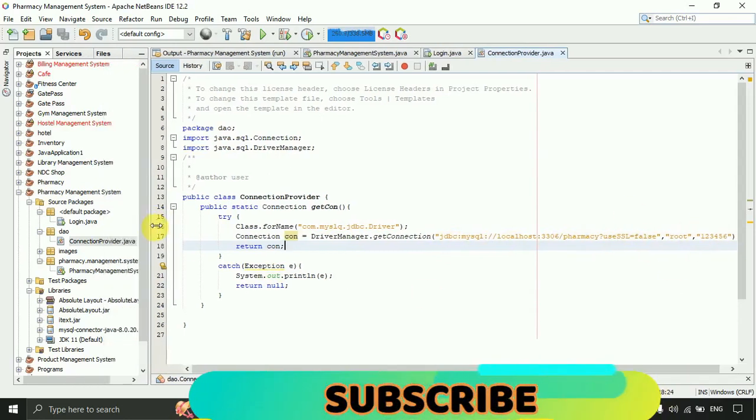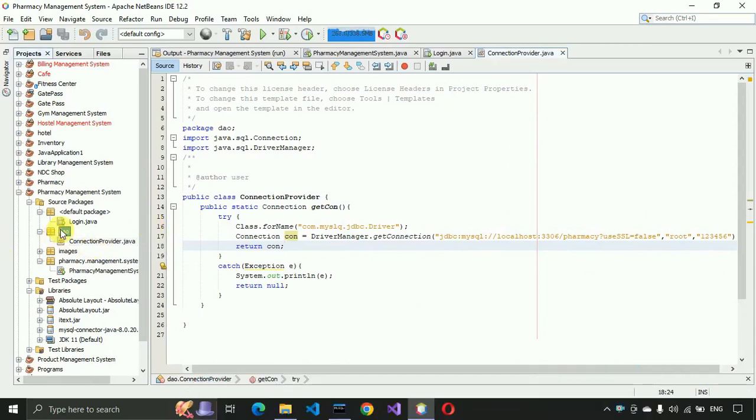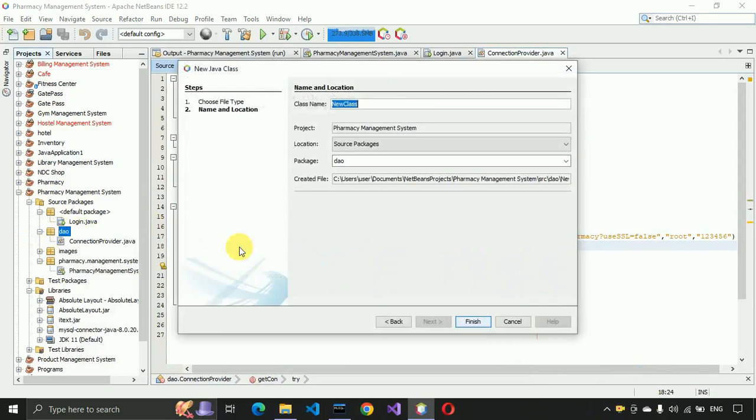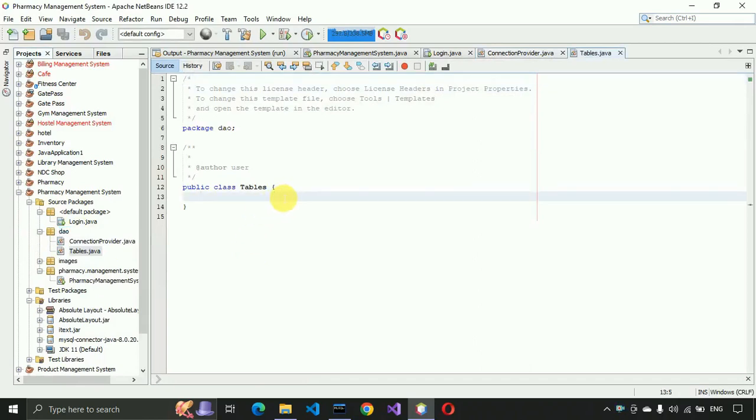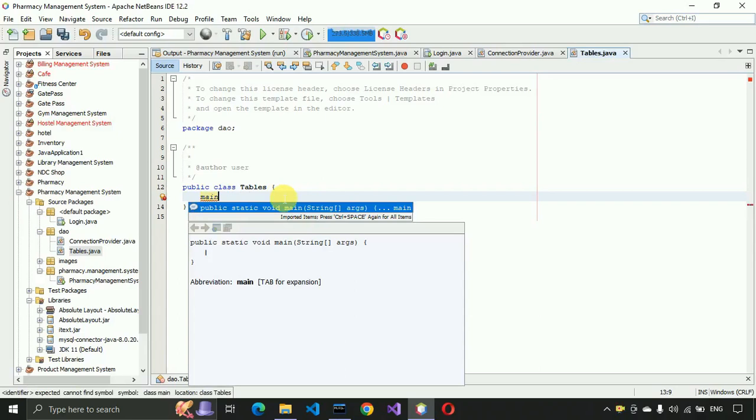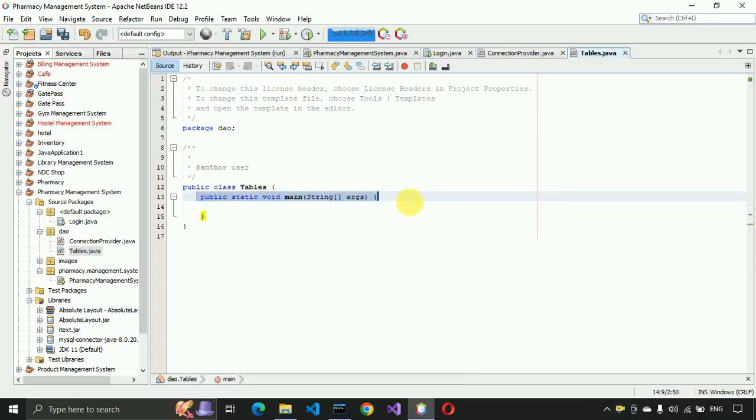Okay, now it's time to create a table in our database. So for that purpose we are going to create a class over here, a Java class, and here we are going to name this class Tables. Press enter, and inside this we have to write public static void main. Okay, here we have to just create a main method, so press enter, and you can see public static void main, and in this we are going to write try catch,